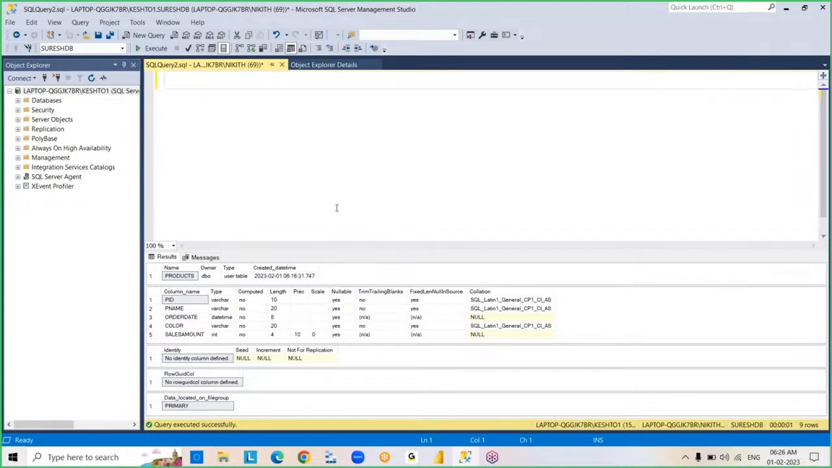So you create a table in the beginning. After that, you added new columns to the table, dropped a column, and changed the data type of a column. So different types of operations you performed. Right? And so now